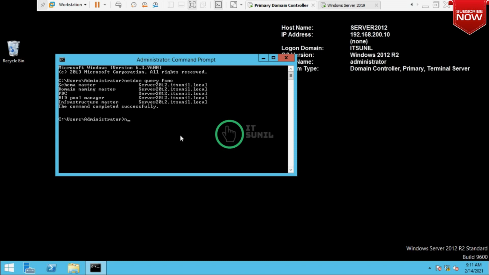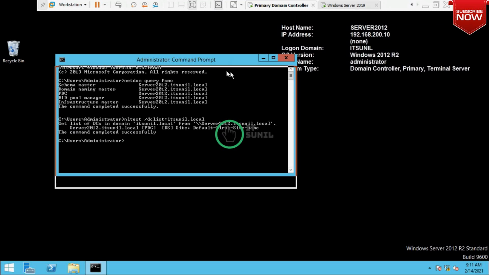So nltest. You can check here, in this network only one domain controller is available, whose name is server 2012.itsumner.org.